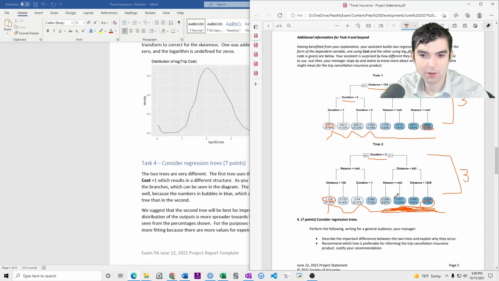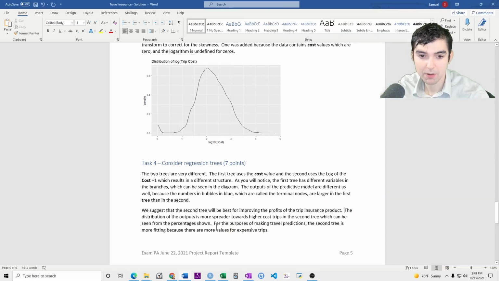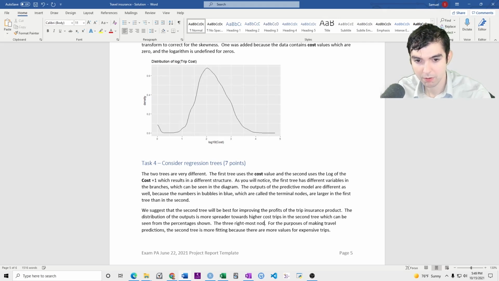And it's always good to do a little bit of mental math. Like the right 3 branches make up 14 plus 6, which is 20, plus 3 make up 23%. The 3 rightmost nodes total to 23%.